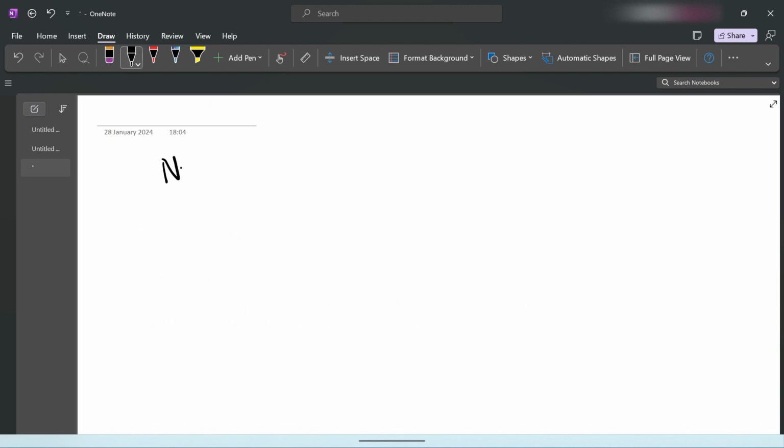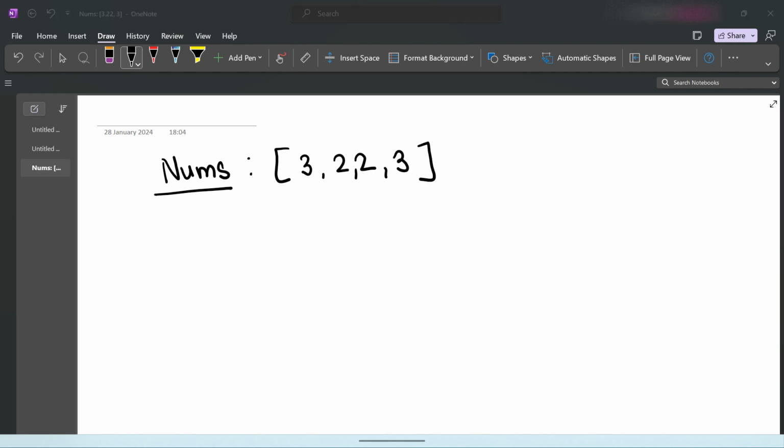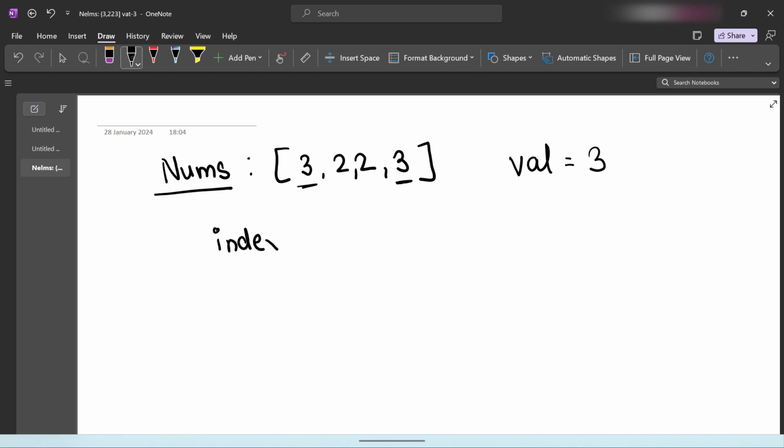So there is an array as nums like this, and what we have to do, we have to remove the element 3 from the array. So first dry run it. What we can do, we can do index equal to 0.